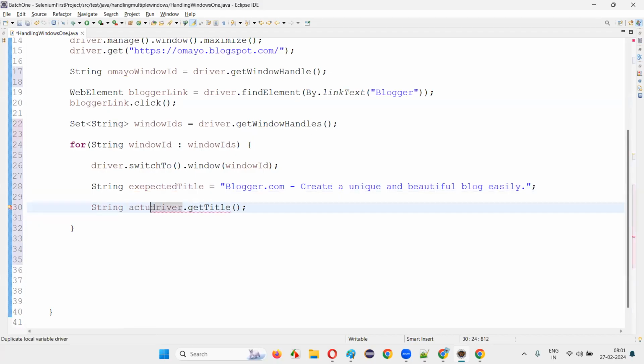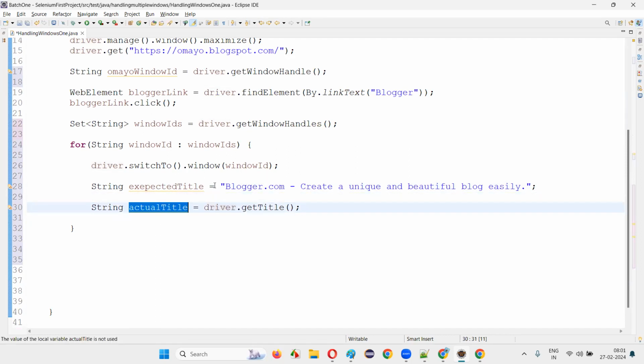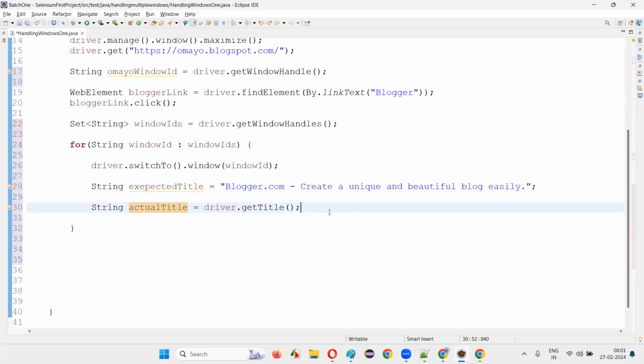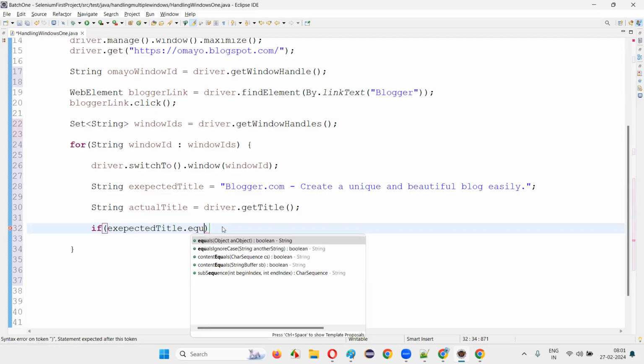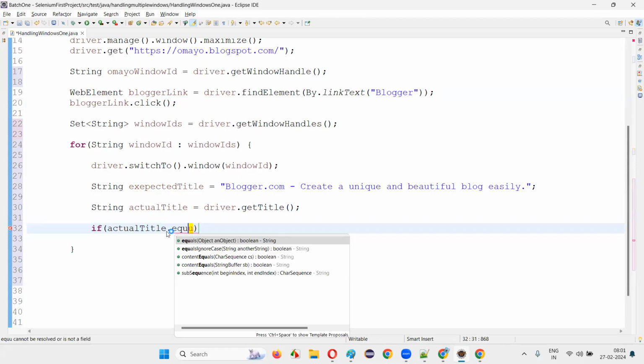We don't know which title will come still. It may come as the Omayo title or it may come as this title. But if in one of the iterations the actual title comes as Blogger dot something, then we can write a condition here. If actualTitle dot equals expectedTitle,